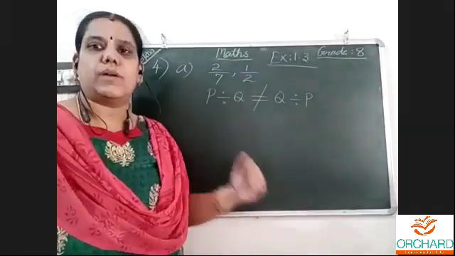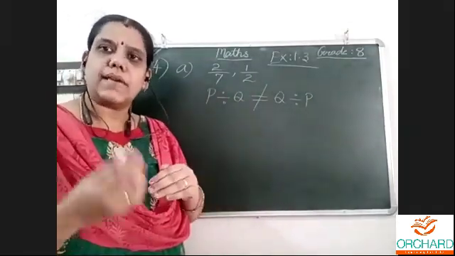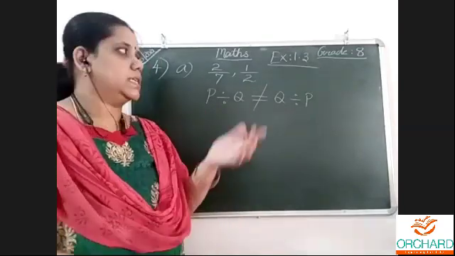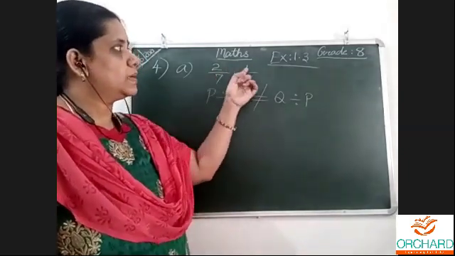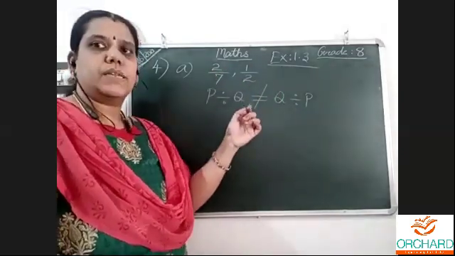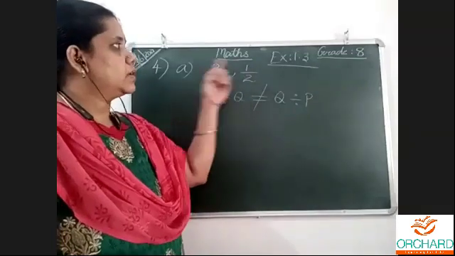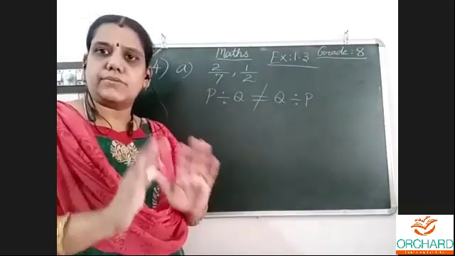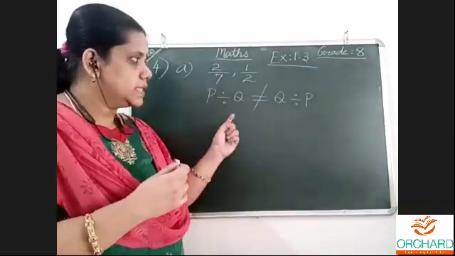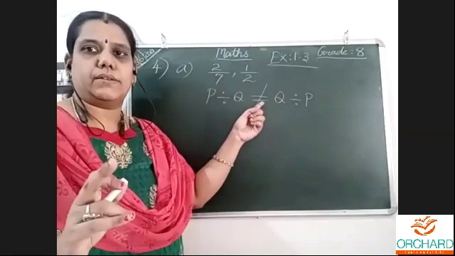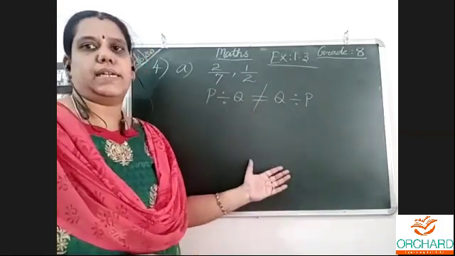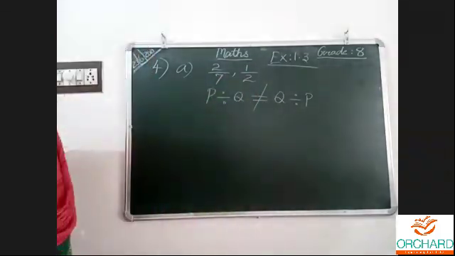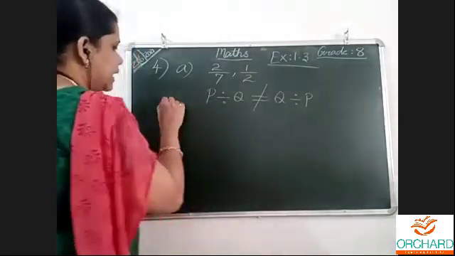They are not equal. But in multiplication, we have seen that they are equal. 2 3s are 6, 3 2s are 6 in case of integers. Same way in case of rational numbers, 2 multiplied by 1 by 2 gives 2 7s are 14, and when you take it the other way, 1 2s are 2, 2 7s are 14, you also get the same. So multiplication will satisfy. Division will not satisfy. We will prove that using P and Q. Understood?